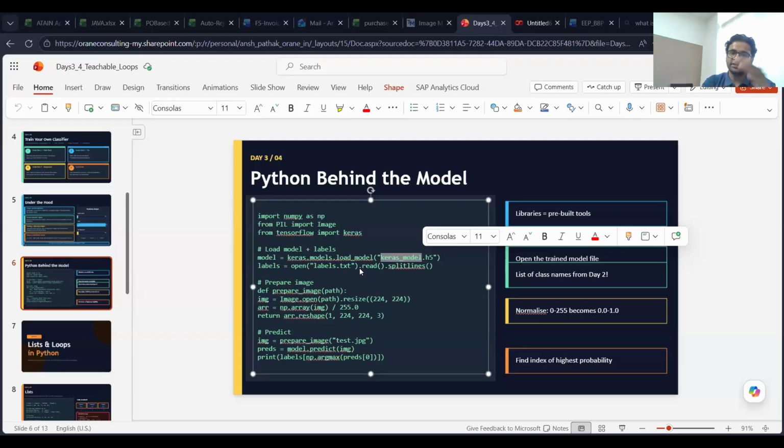That's it. So it just converts it into a list so that these individual items can be used as labels for training data.